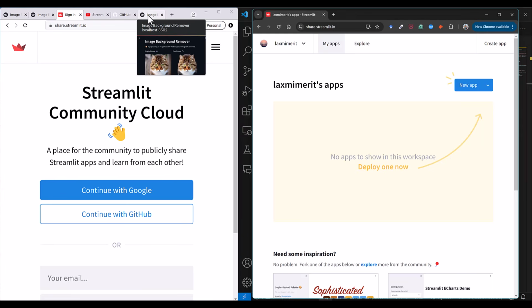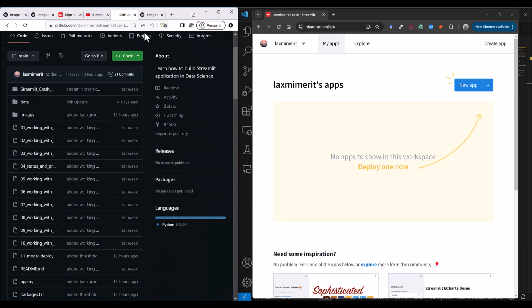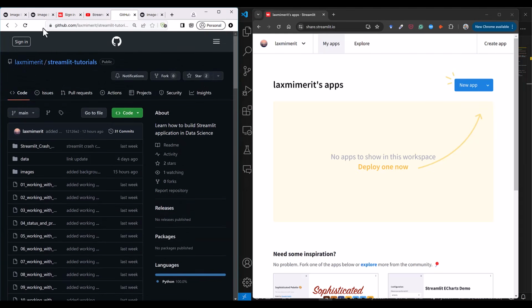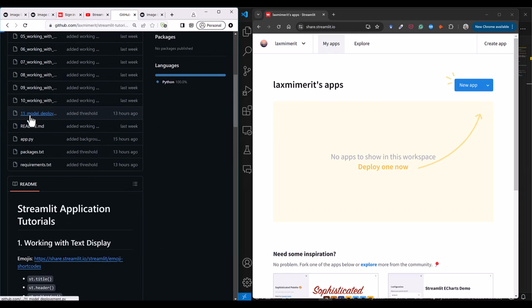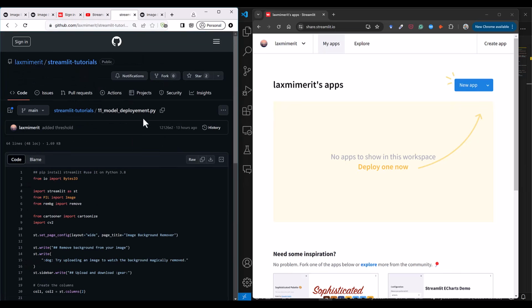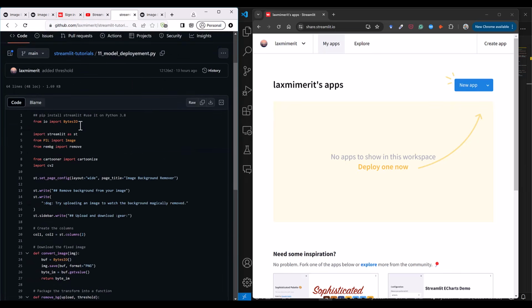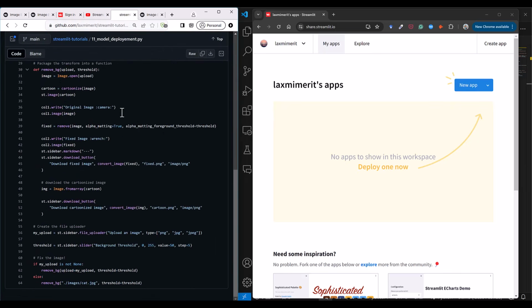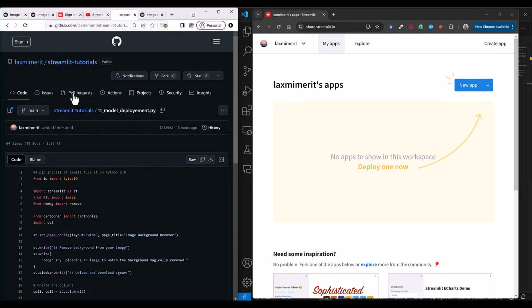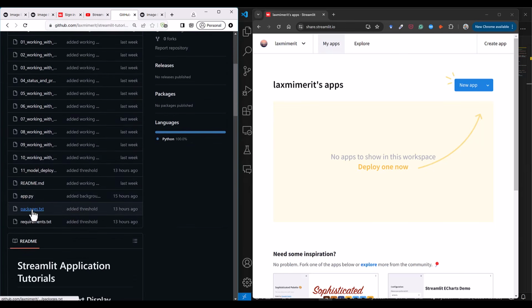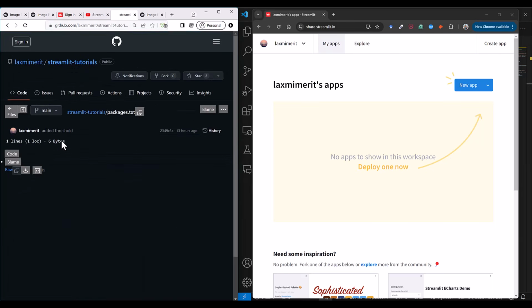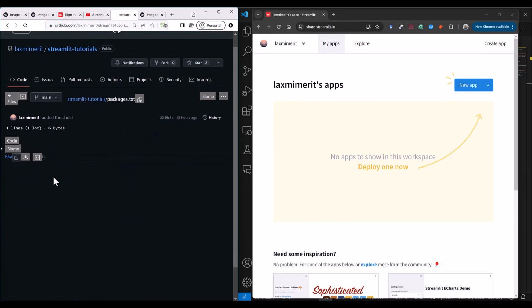So first of all, you have to make a GitHub repository where you have uploaded your file. So my file is here. This 11 model deployment.py file. So this is the file which I have deployed at GitHub repository. Once you have deployed this file, you also need to make sure that you also have packages.txt, and in that packages.txt you must have that